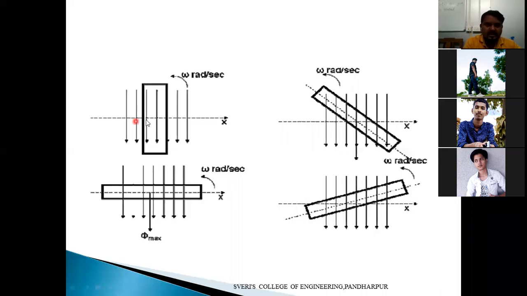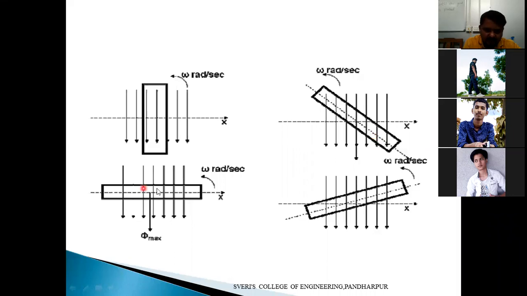See here, this is the direction. Whatever the flux lines are there, they are horizontal to the single turn coil we have used at the initial condition. Initial condition mein same direction mein tha. For that there is no flux linkage, so EMF induced will become zero here. Next, what will happen? Some 45 degree turn will occur here now. Yes, 45 degree turn ho gaya. This one, A angle se 45 degree turn ho gaya. So for 45 degree turns, some flux will be linking to this single turn coil. So EMF will be induced in that one, but it is not the maximum value. Some value of the EMF will be induced.